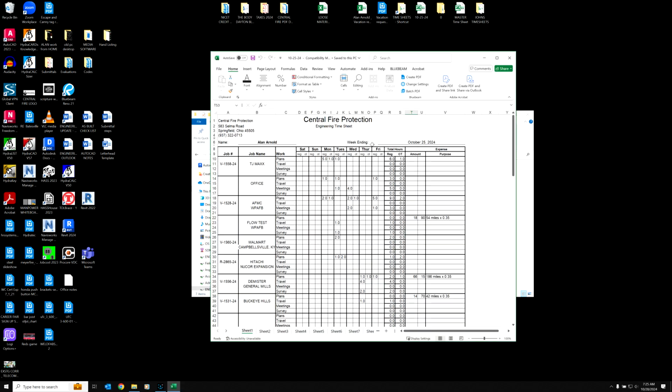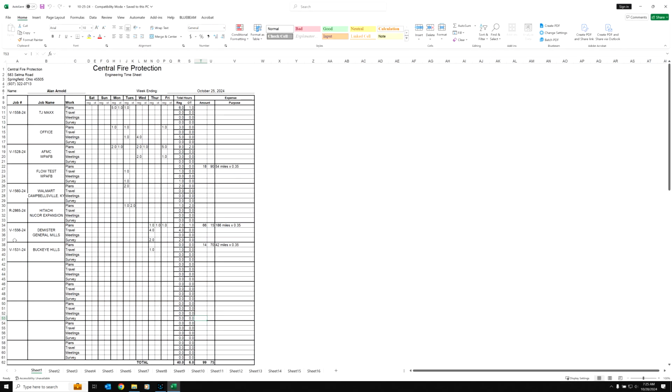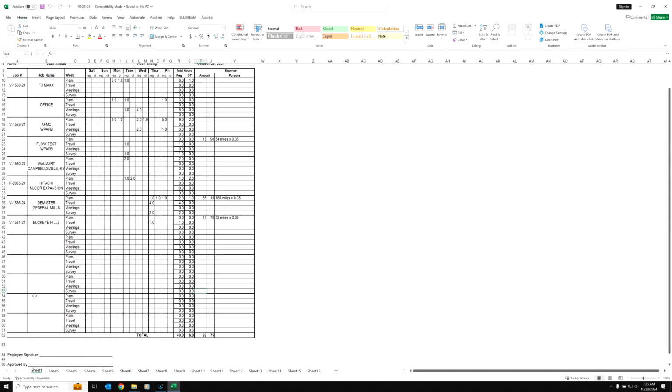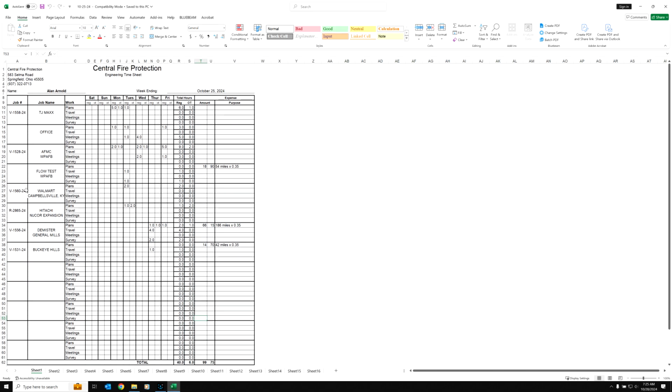10/25, that was Friday, 3 days ago. Your timesheet will get more complicated as time goes on, and you have your hands in more things. Starting out, you're going to have a lot of time charged directly to office, and there's nothing in job number. You just fill in office under job name, and you'll see I spent some time in the office working on